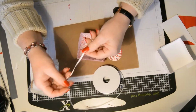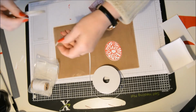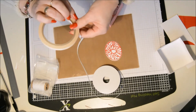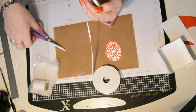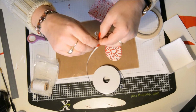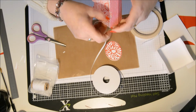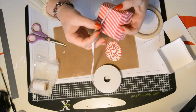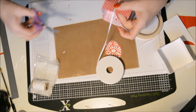I'm just going to adhere a tiny bit of sticky strip, I think that'll be the best, and I'm just going to put the thin onto the ribbon, the strip, and then I'm going to cut it on its width like so. Can you see? And then I'm going to adhere that, taking off the backing. I'm just going to pop that on the inside of the lid, and then we're just bringing that over, following the line, over, around, and then cut yourself a piece off,